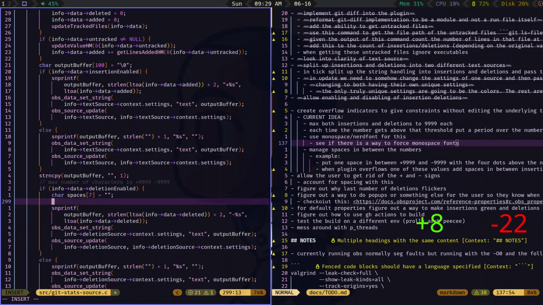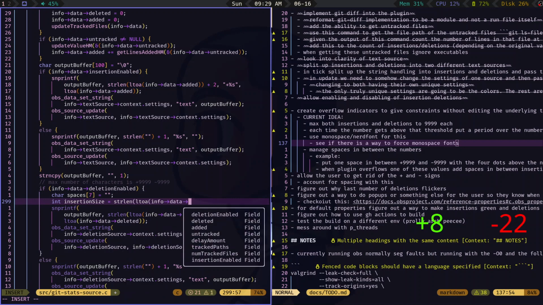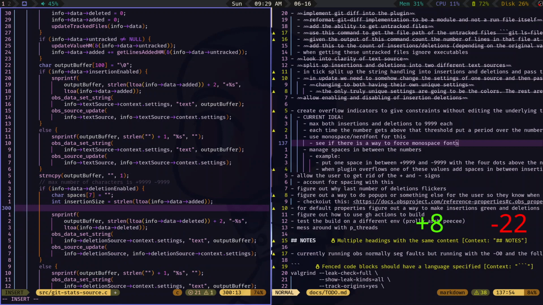So then after that, we need to get the int insertion size equals the string length of L to A of info data added, right? So then, given that we have the insertion size, we could say